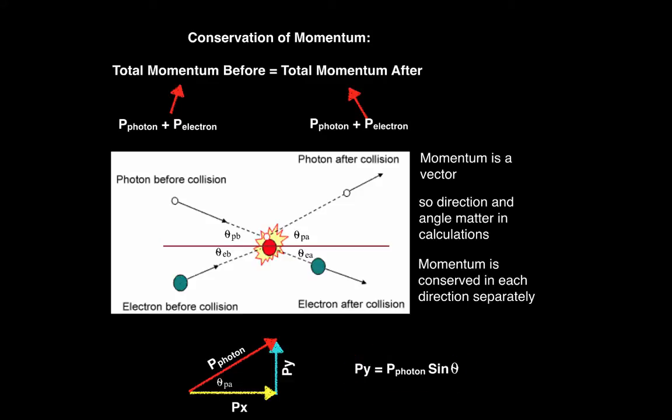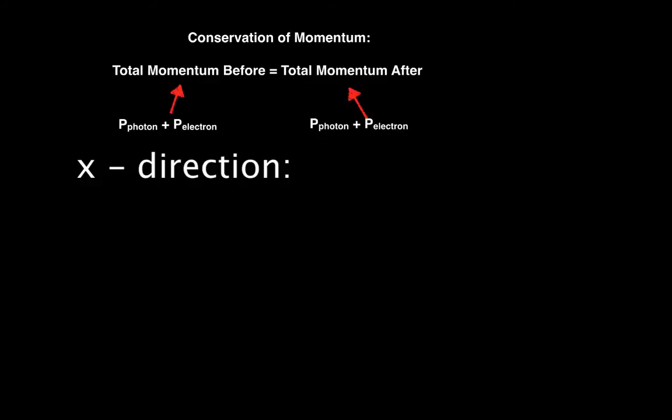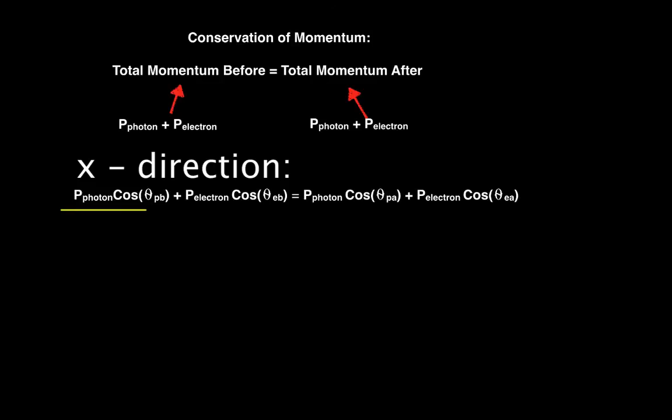Since the x component is adjacent to the angle, we can use cos to find the x component. Momentum in the x direction equals momentum of the photon cos theta. So in the x direction, we have momentum of the photon cos theta photon before plus momentum of the electron cos theta electron before equals momentum of the photon cos theta photon after plus momentum of the electron cos theta